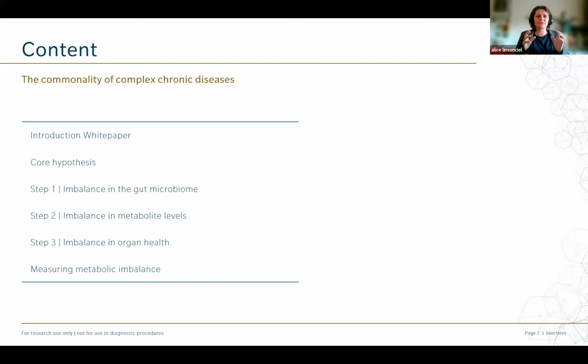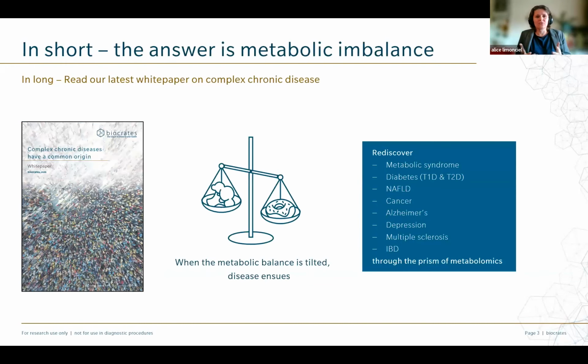But today I will focus on the core hypothesis of the white paper before looking into the three main steps of this core hypothesis. I won't have time to go into the detail of the 6 diseases that we studied in the white paper, but you can get more information on this when you look at the document itself. And I'll finish by discussing how we can measure metabolic imbalance, which in short is the answer to the question,